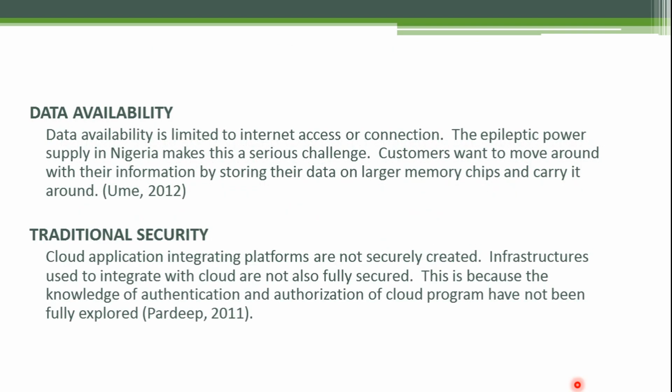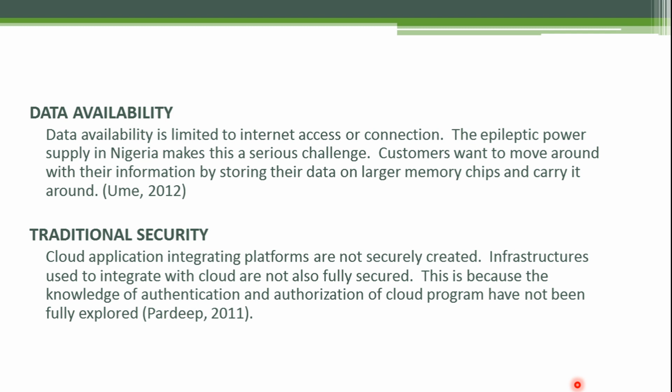Okay, data availability. Data availability is the access to this data and the resources, which typically happens through the internet. So for example, if there is an internet outage in the country or in your location, there is no way you can go to the physical data center and access your data. You have to be on the internet to access the data.